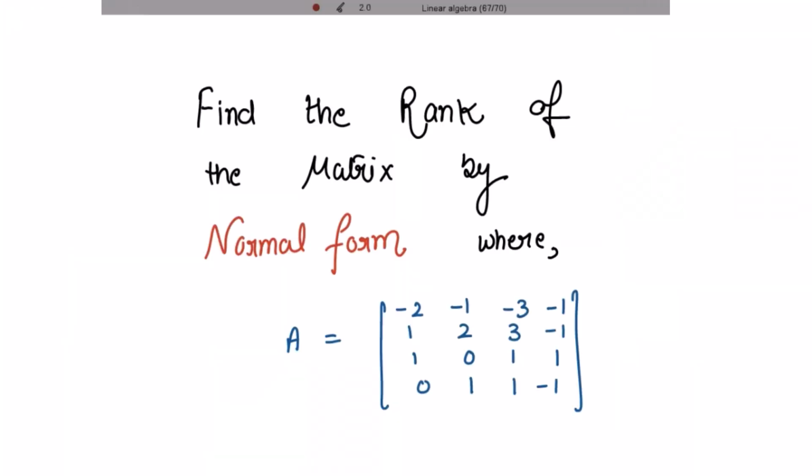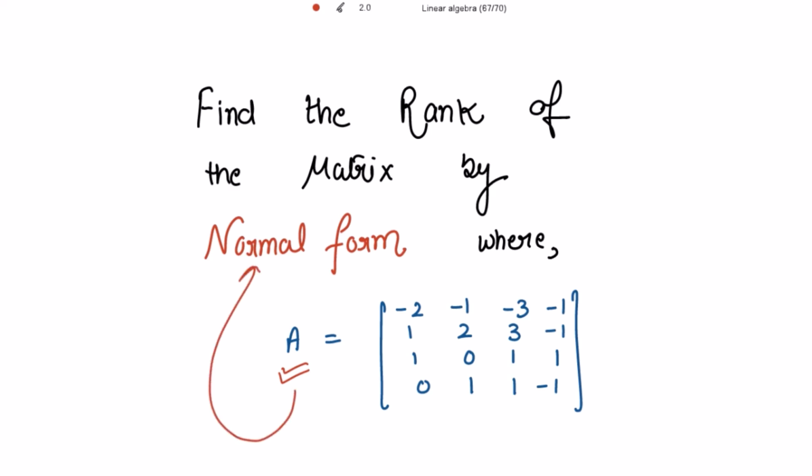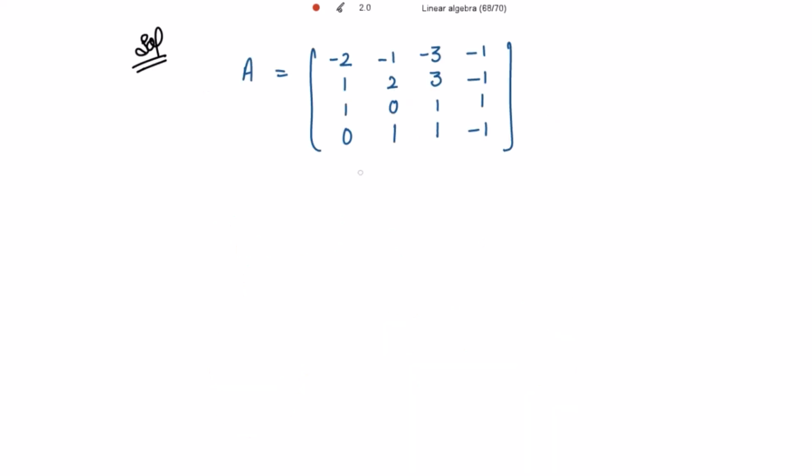Find the rank of the matrix by a normal form where this A matrix is given to us. We need to find the rank of this A matrix. But first we need to change this matrix into the normal format. What are the normal forms of the matrix? By applying row and column operations, we can change this matrix to the